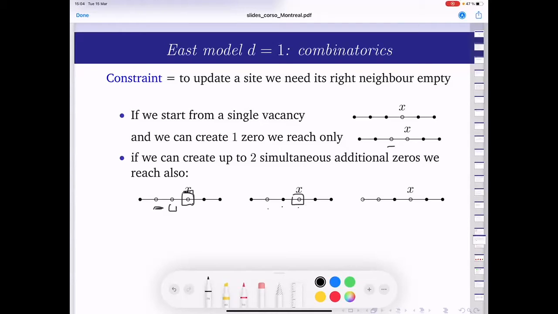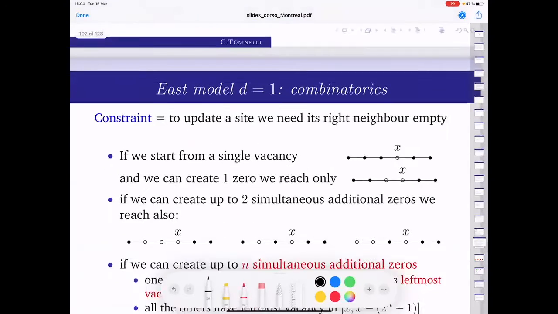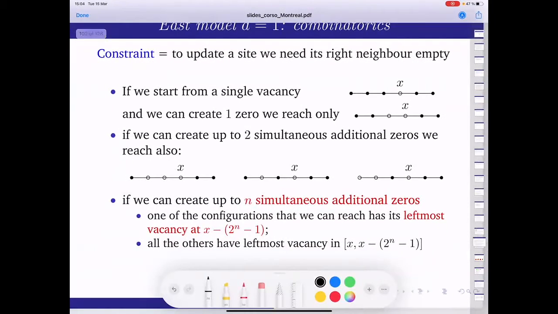And I can also reach another configuration in which, thanks to the fact that now this site is 1, I had a 0 here, I still have a 0 in my pocket. You had 2 zeros to be able to spend, and you can put a 0 here. Okay, you can continue this game, and it's a nice but not complicated combinatorial argument to prove that if you